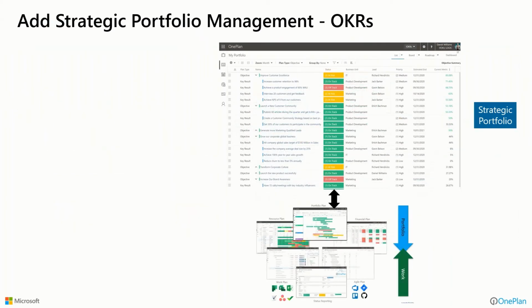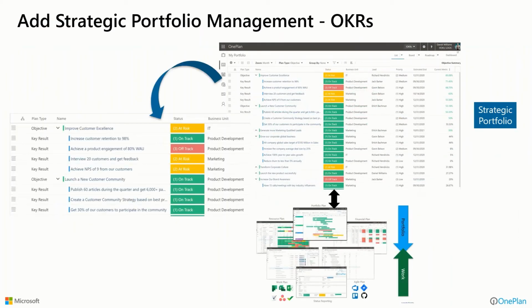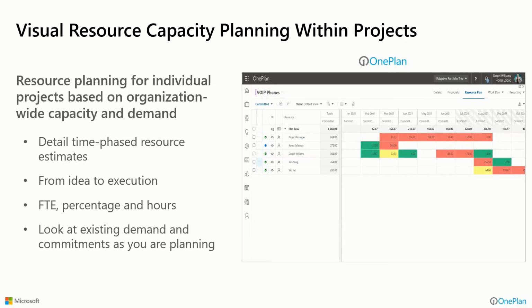It also has strategic portfolio management so that we can execute on the company's business strategies and also align those strategies with the projects that we're working on. And then with that, aligning the resources that help drive these initiatives that are supposed to help us achieve or realize the strategies that we're trying to achieve.